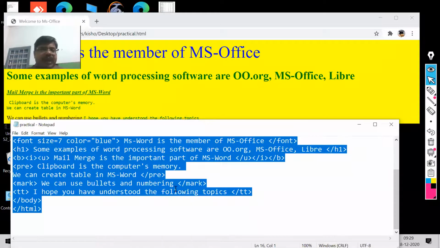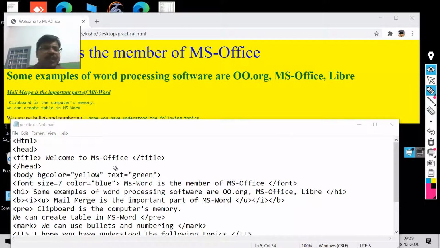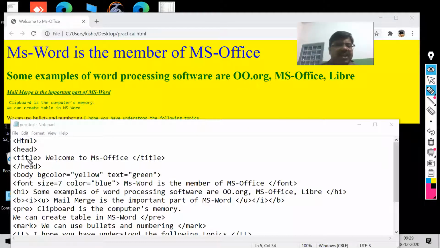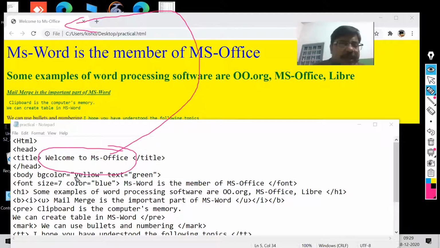Now, see my dear, my first part is the title. You can see, title is already showing: Welcome to MS Office. Now you see the background color is yellow and the text is green.